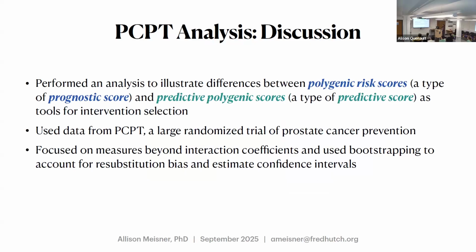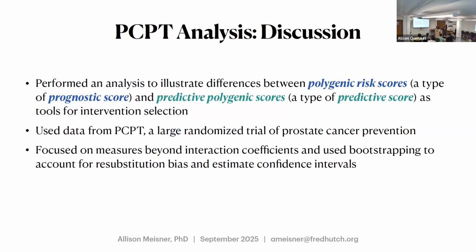Okay, so we performed an analysis to illustrate differences between polygenic risk scores, which are a type of prognostic score, and predictive polygenic scores, a type of predictive score, as tools for intervention selection. And we used data from PCPT, which is a large randomized trial of prostate cancer prevention. The hiccup here is that we have no way to validate these results because we have no other randomized trial of finasteride or even any other large observational data in which many people used finasteride, where we could try to recreate a randomized trial. So this is really more of a fun data illustration than something that would be used